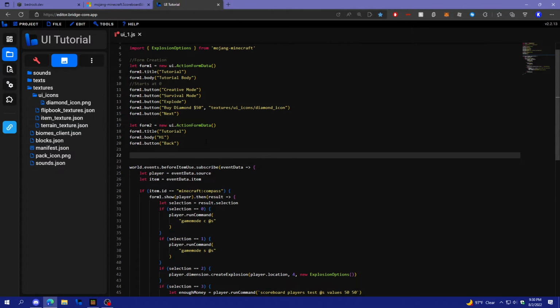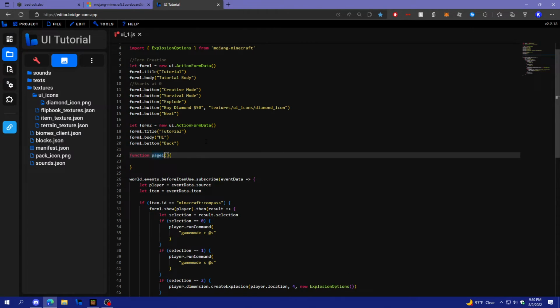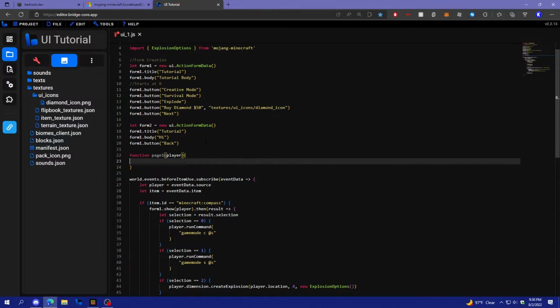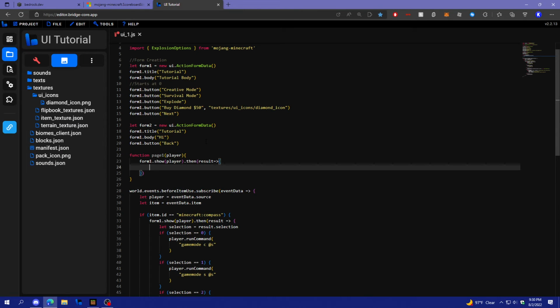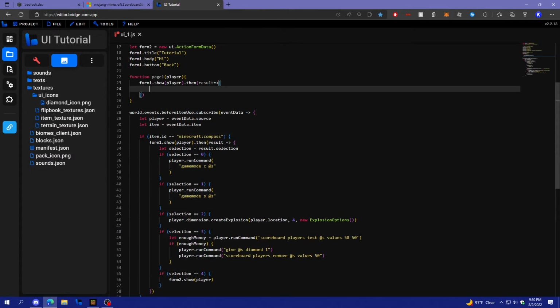So we're gonna create a function right here. We'll call this function page1, and then you put player parameter in here. And all we're gonna do is form1.show player, then result is equal to this,